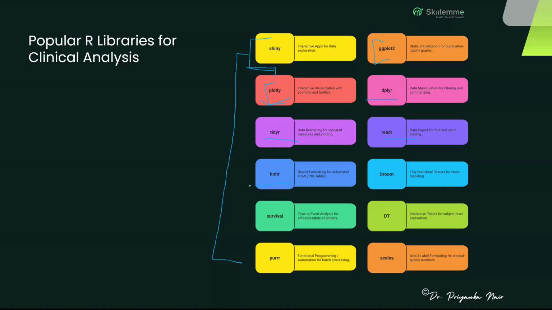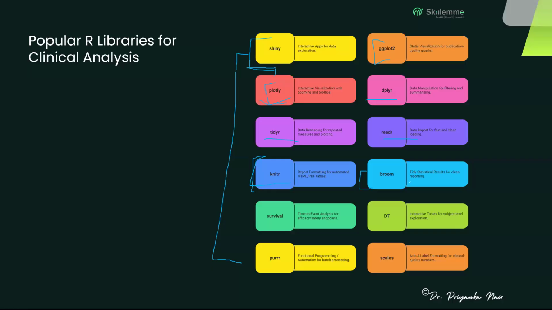Knitr is, again, very much used with R Markdown. It is intensely used in report formatting for automated HTML or PDF tables. We'll see how this looks as well. Again, Broom is another popular one. It produces tidy statistical results. It's majorly used